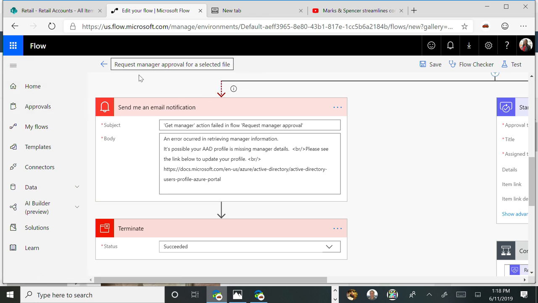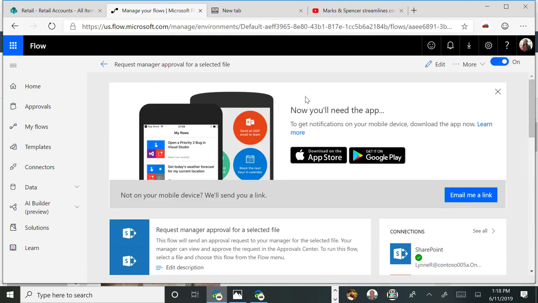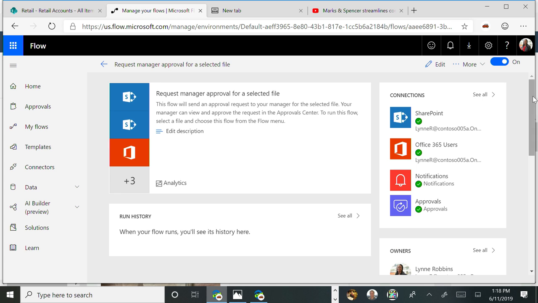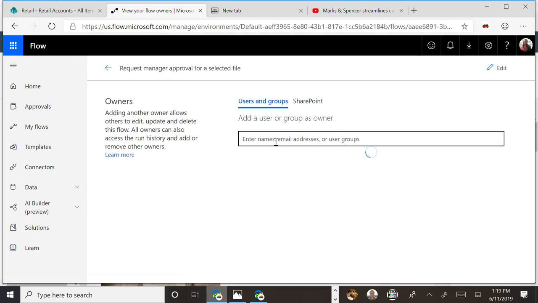Now, a couple of other tips and tricks about best practices, especially when it comes to Office 365 related flows. The first is who the owners are. The default behavior when I create a flow is that it's going to create the flow with me as the owner. But I'm not limited to that. I can add an additional owner.